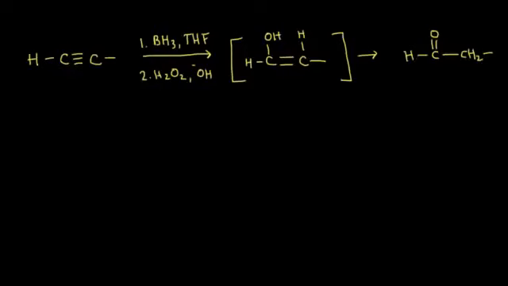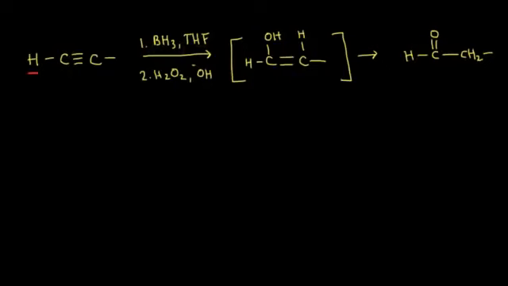Here's the hydroboration oxidation of alkyne reaction. So we start with our alkyne, and once again, usually it's a terminal alkyne, right? So here's your hydrogen here, and on the other side of our triple bond, let's say there's some R group attached to this carbon. So to our alkyne, we're going to add, in the first step, borane, BH3, in THF